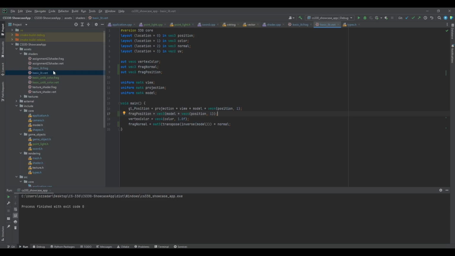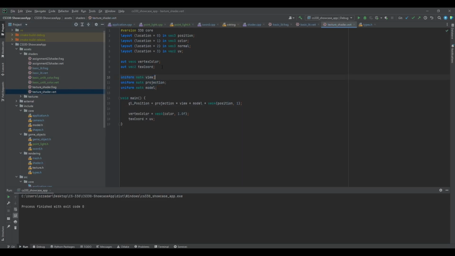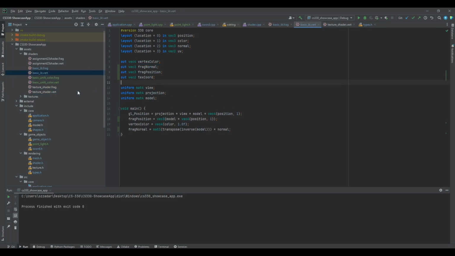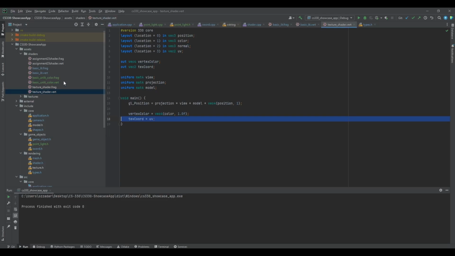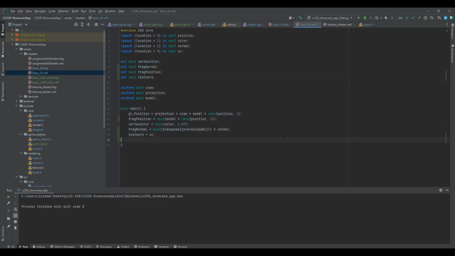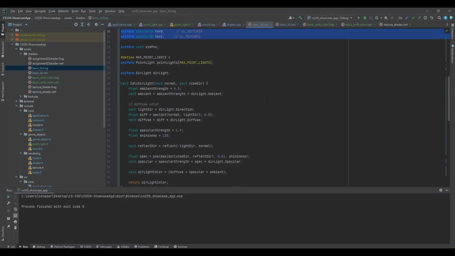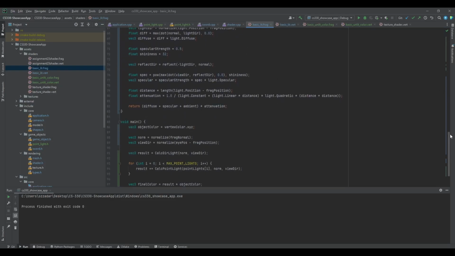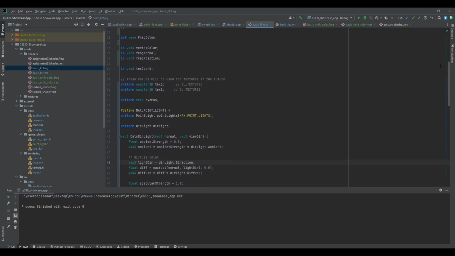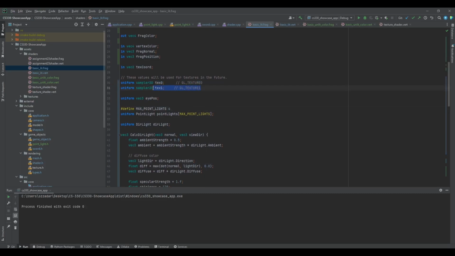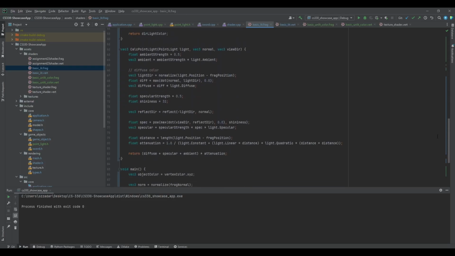No, so we'll go into our texture shader. We want to out a text coord. So we will out a text coord, and we will just set text coord equal to UV, like that. Now, all we need to do in our fragment shader, basic lit fragment, is sample our textures. So we're going to stick with a single texture for now,